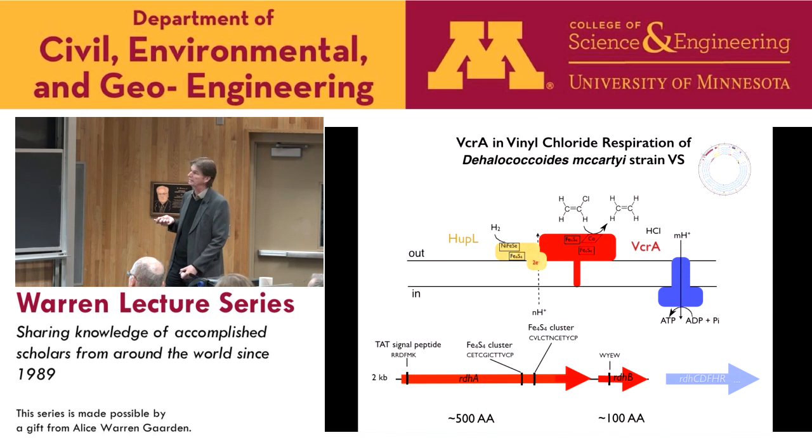And you can find in the genome, in the gene sequence, these specific patterns of iron-sulfur cluster regions that are important for iron-sulfur cluster formation. And then there's typically another subunit, a very small, hydrophobic subunit, which is the membrane anchor. So if you look at genomes, metagenomes, you can recognize fairly well these reductive dehalogenases.